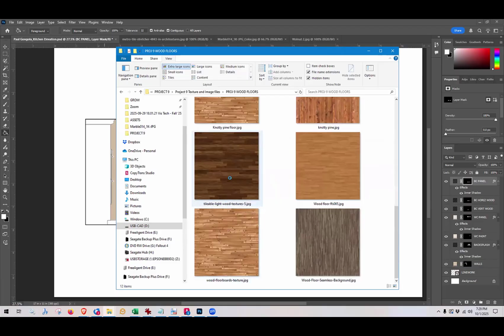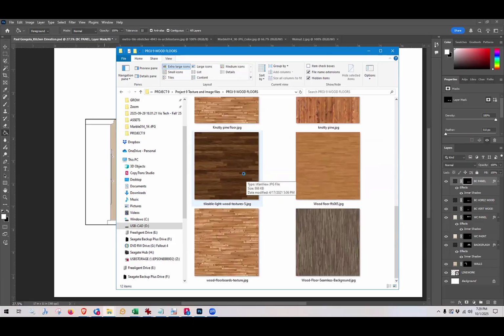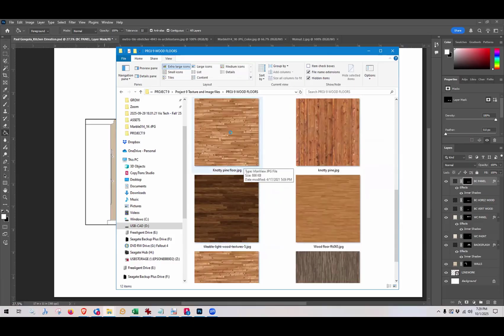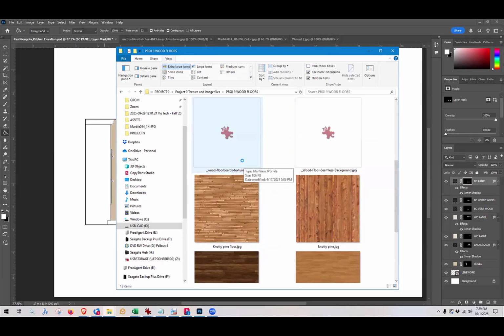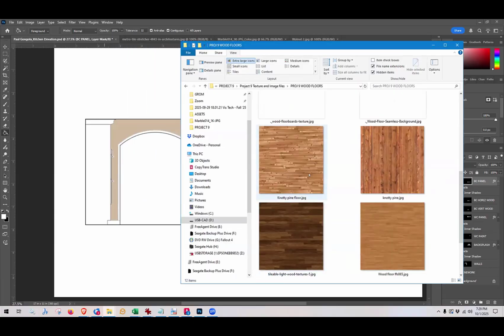There's some knotty pine here. I guess I'm just going to choose this knotty pine. So what I'm going to do is take this knotty pine floor. It's in my Project 9 wood floors here, and I'm going to place it